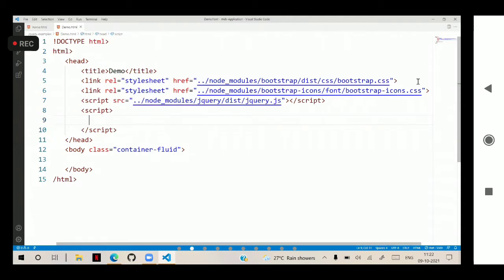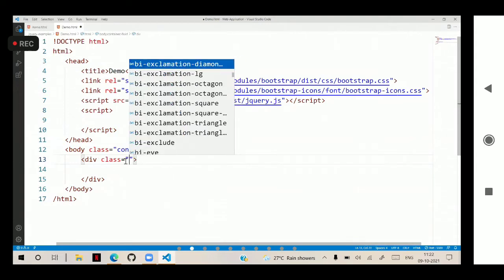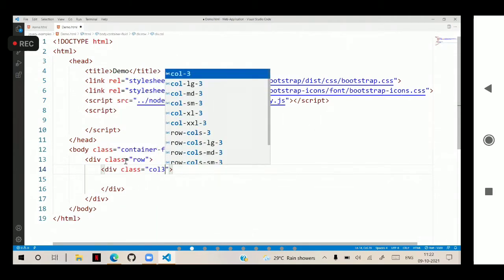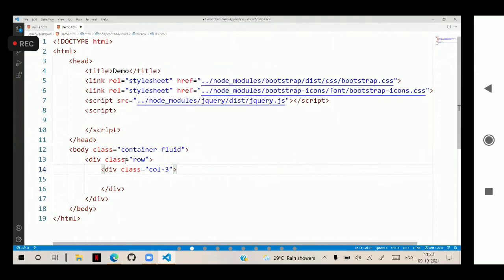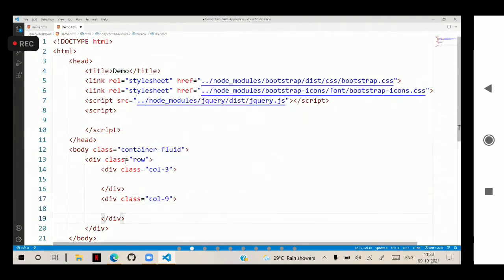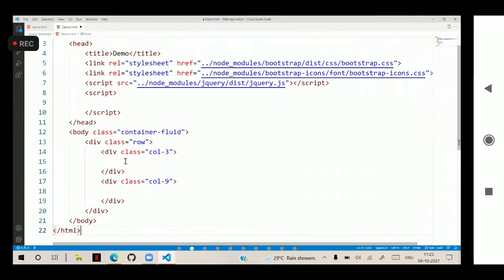So I'm configuring the containers. We will create a row and in this we will add the columns, col-3. That means if I show you this example of how to create a shopping cart, then you will get a complete idea. So that will be enough. You can try all other examples here.